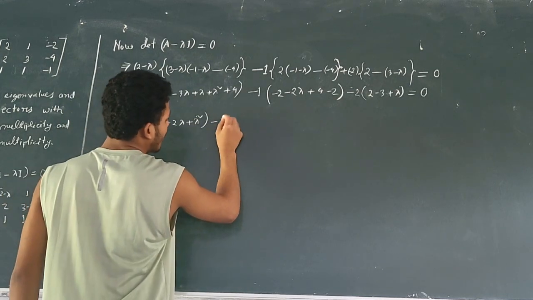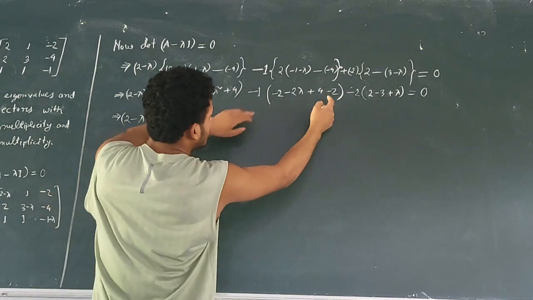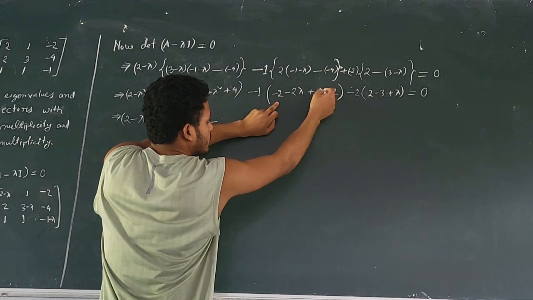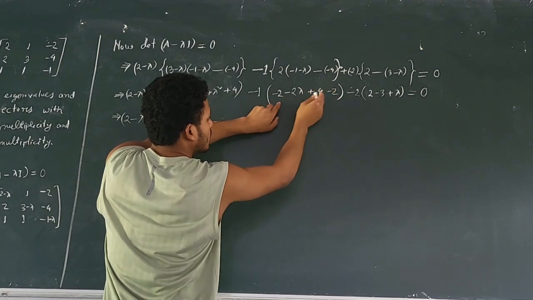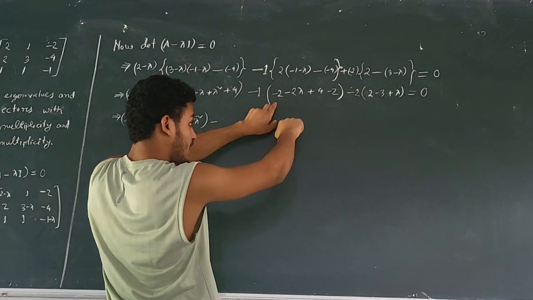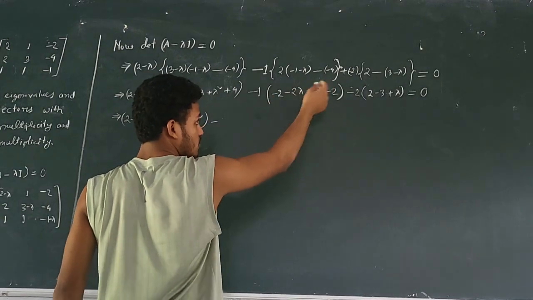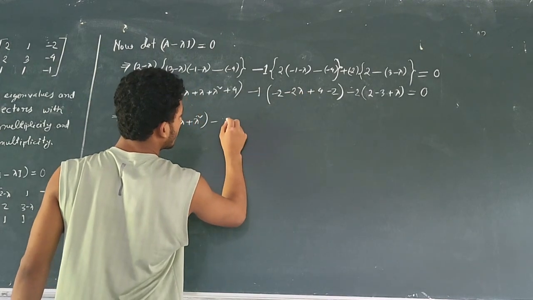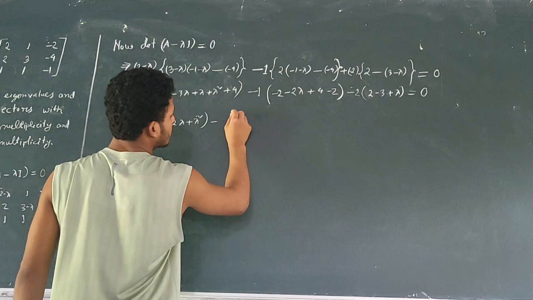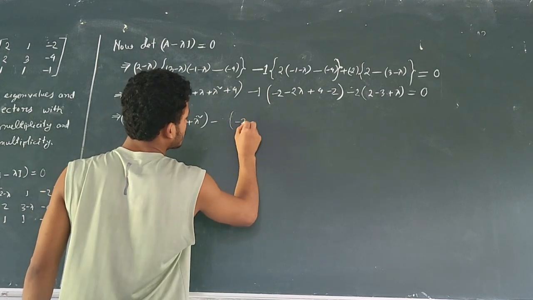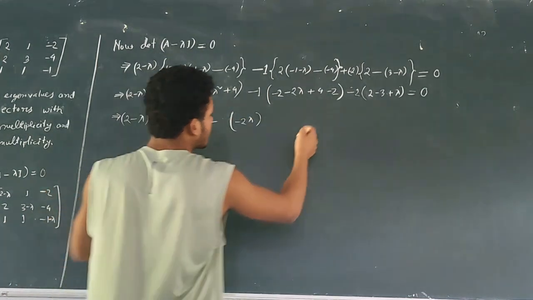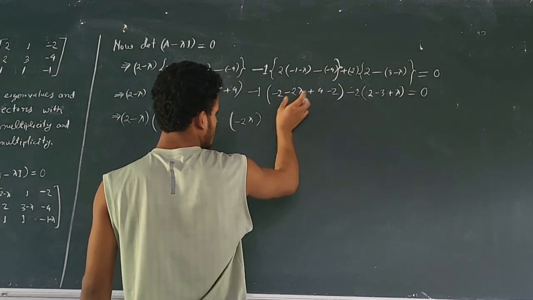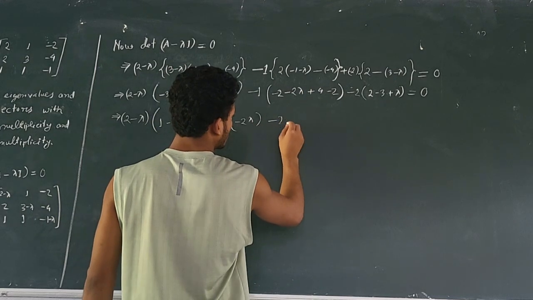Minus 1 into 4. This is minus 2, this is minus 2. That means minus 4, and this is plus 4. So minus 4 plus 4 are gone. So there will be minus twice lambda, and minus twice lambda. This and this will cancel. So this is minus twice lambda, and this is minus 2